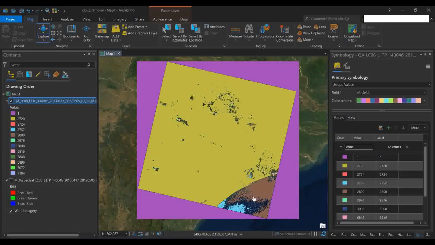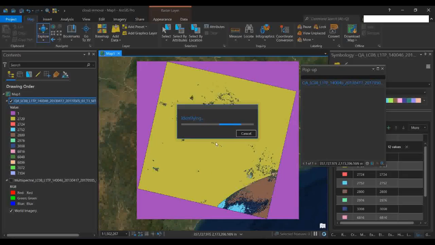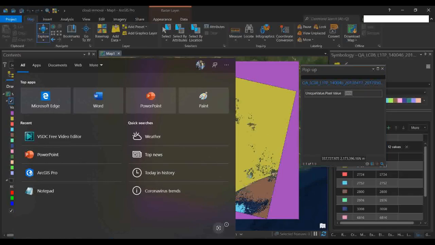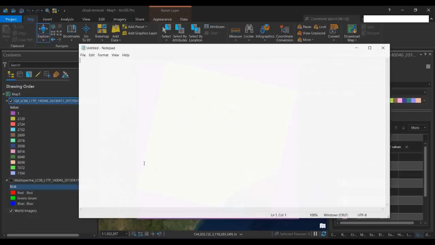So now you are going to check two things. One will be the water value, one will be the non-water value. So how are we going to check that? Suppose this is your water body, oceans, Indian Ocean. So I am clicking over it, and I will get some value like this. Okay, so this I just copy. I will open a notepad and I will save this value, like this one is water. So this is the value,